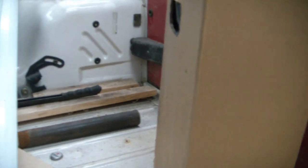And stock, they just kind of lobbed it off, but I think it'll look better if I bring it back out to the end of the